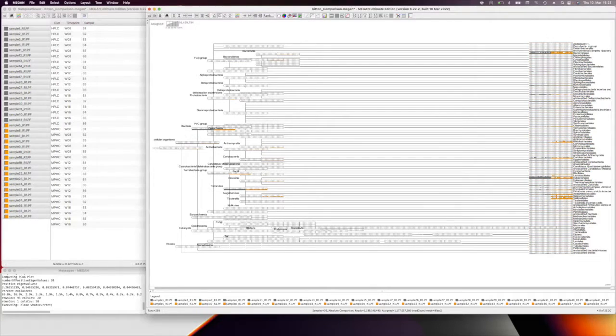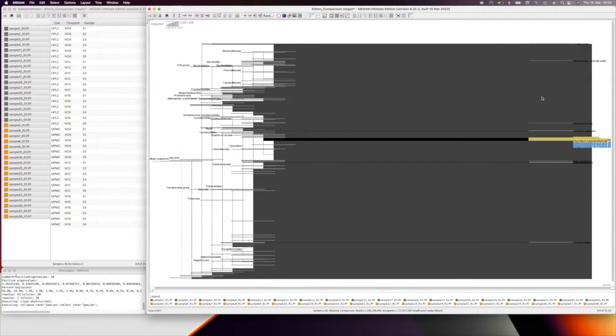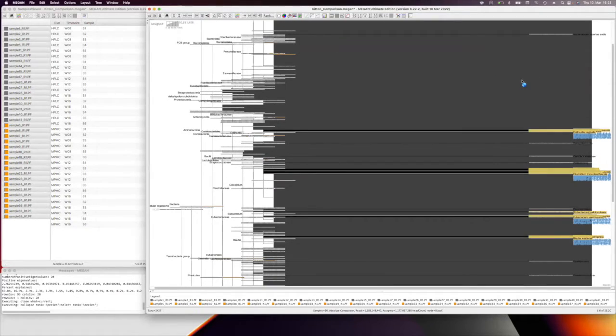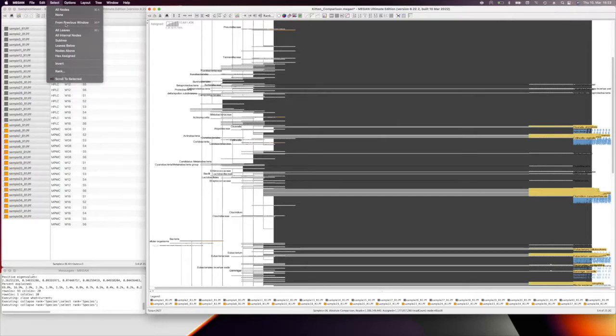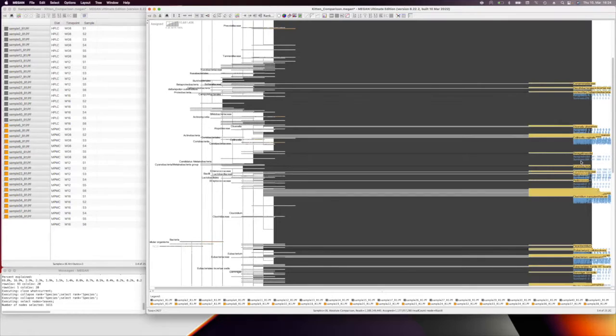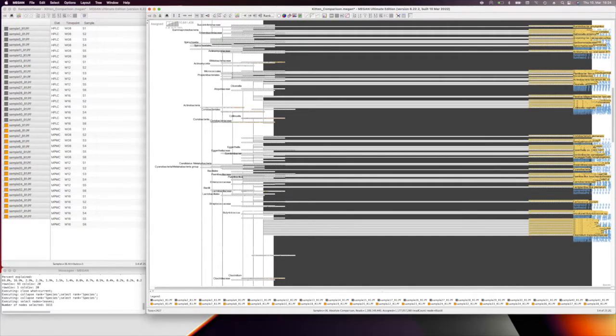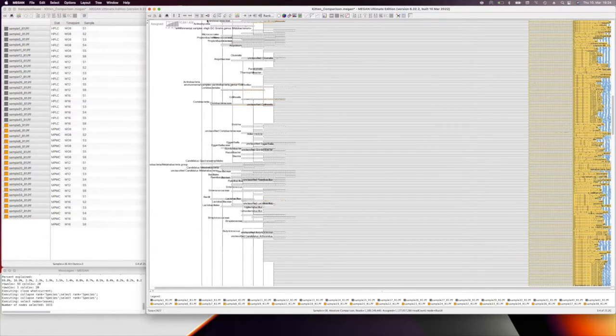So this is really important to keep in mind, because currently we're at the order level of the taxonomic hierarchy, but for a PCA, we probably want to go to the species level or maybe the genus level. So we select this appropriate level, and then to make sure, we select all leaves, so basically all those genera. This is now very difficult to visualize here because it's so many species. And yeah, so now if we do the